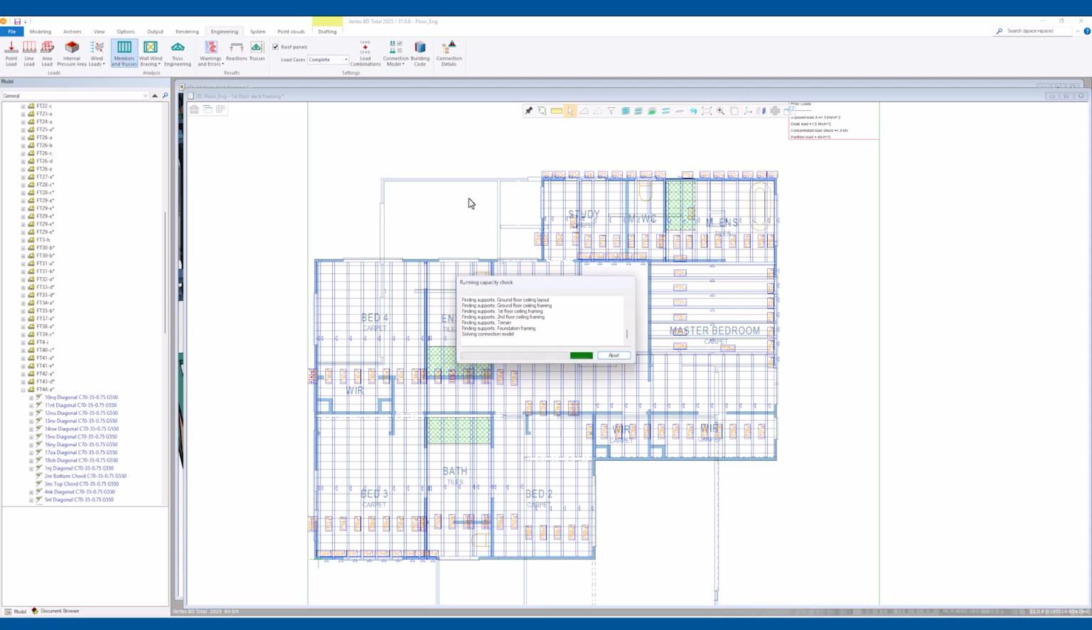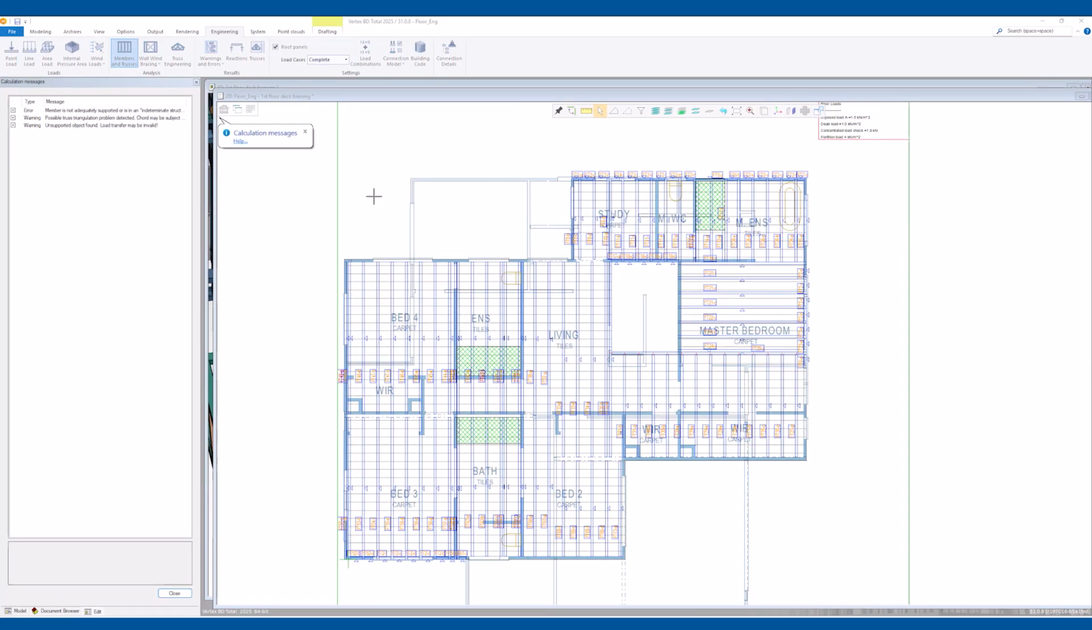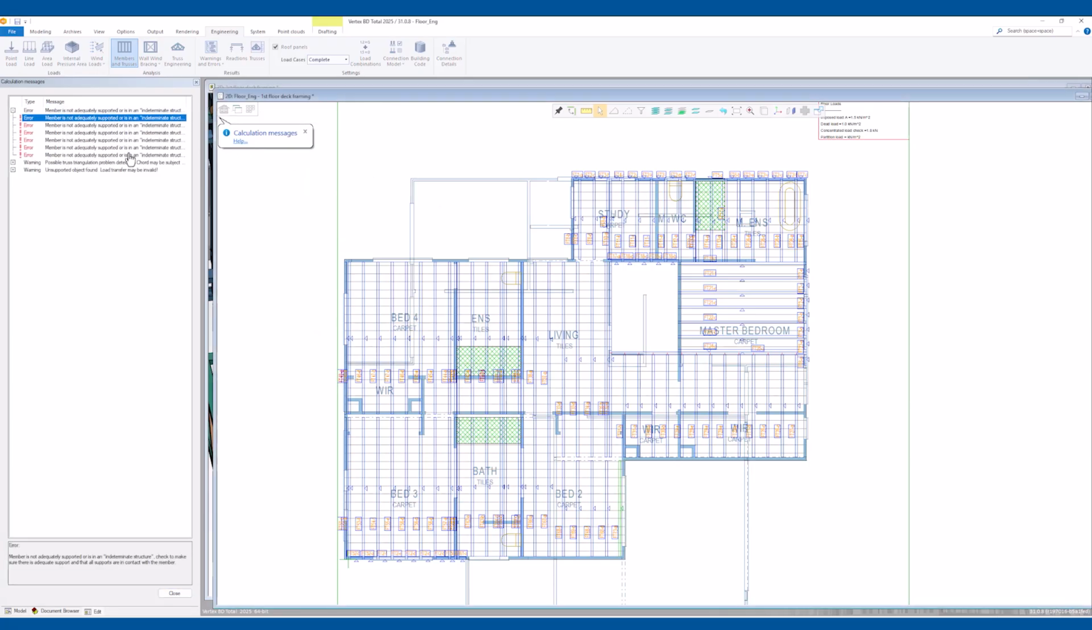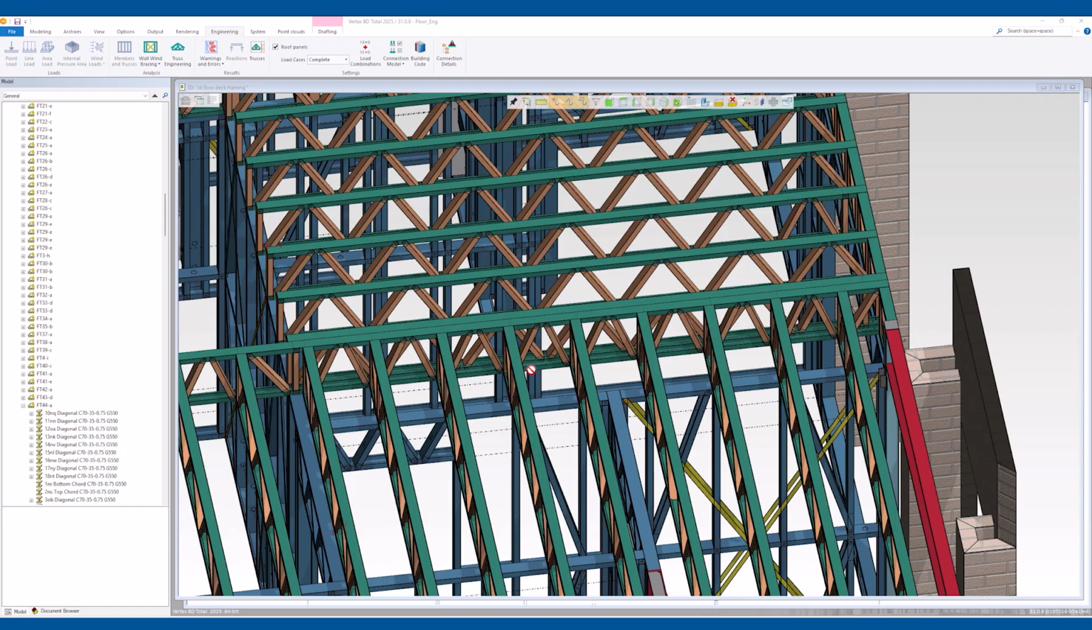Now the software is checking the model in the background to see if we have added support for all the trusses. Okay, clearly we missed something. If we open this error messages and highlight all the messages, we can see that these trusses are not fully supported yet. And if we jump to the 3D model again,